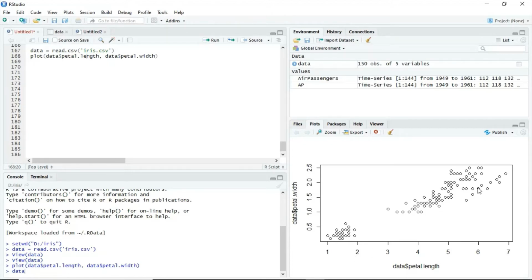Now we can also observe that category number 2 and category number 3 are so close that it is very difficult to identify them separately because we have some overlapping situations over here. Now here, what is the problem we have to identify? From this point, it is very difficult to identify which one is category number 1 and which one is category number 2 because they are just mere dots.